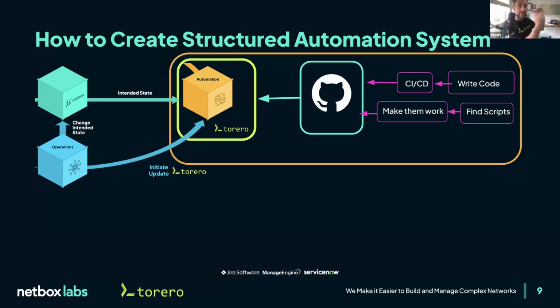I'm now publishing these as line items. I'll give a description of what it does. I'll give the variables that you have to give me. Maybe you need to give me an IP address and a subnet mask for a route. Maybe you have to give me a source and destination port if I'm doing an ACL update, whatever that is, but I give it as a line item. I don't tell them what the script is or how to run the script or what environment to put the script in. I no longer care what laptop they're running on because they're going to run this automation through this structured automation system.